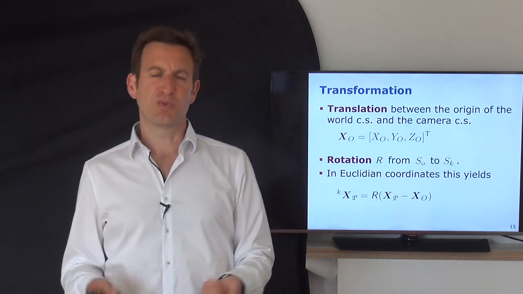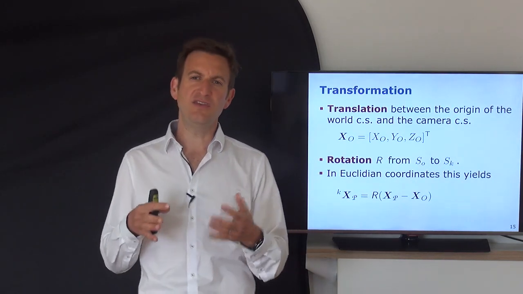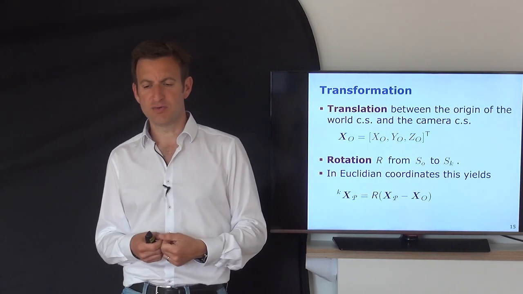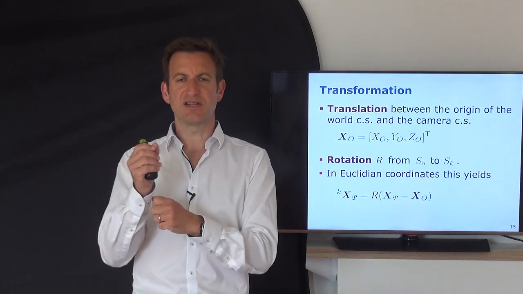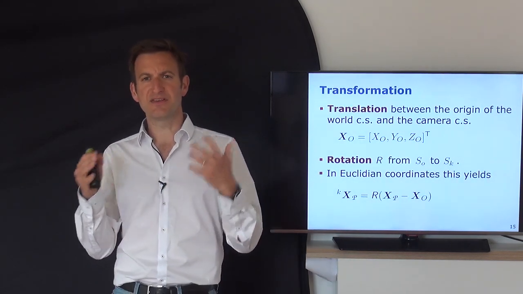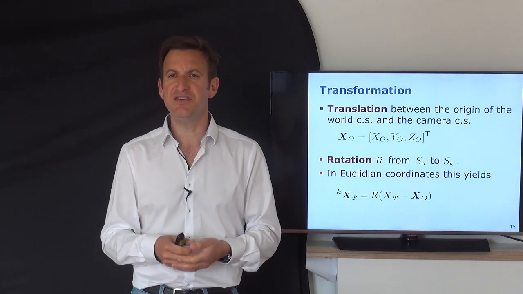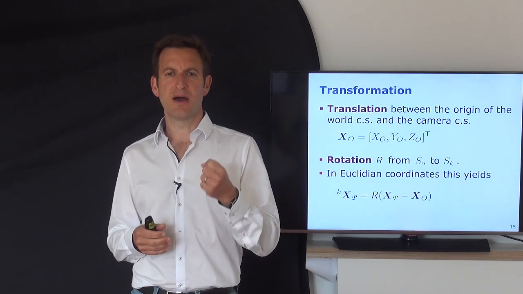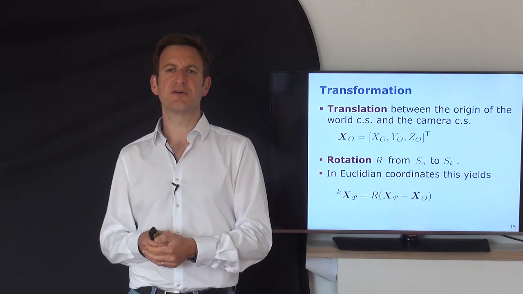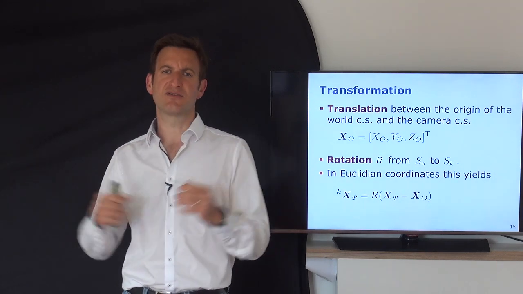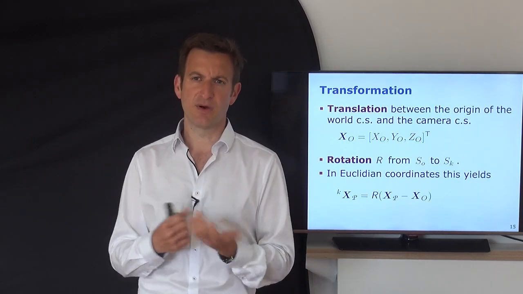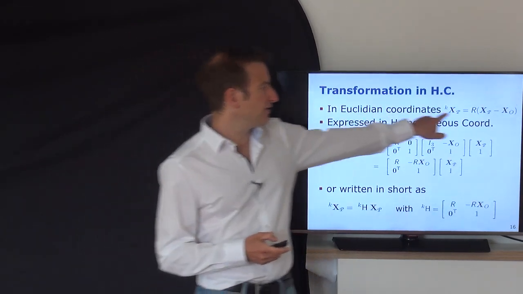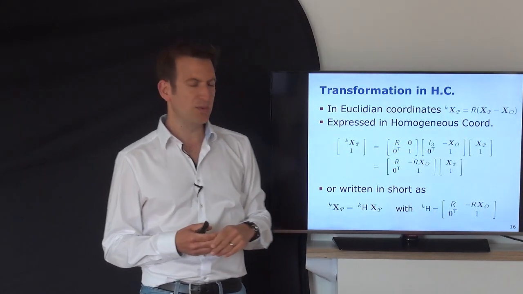However, we like to express things in homogeneous coordinates because it's easier to express most of the quantities. So again, as a short reminder, homogeneous coordinates were those coordinates where you add an additional dimension, and this additional dimension makes certain things easier. For example, you can express translations also through matrix vector multiplication, which you can't do in the Euclidean world, and this allows us to chain transformations in a very elegant way, and therefore we will be using homogeneous coordinates in here. So in Euclidean coordinates, again, this was expressed in this form,